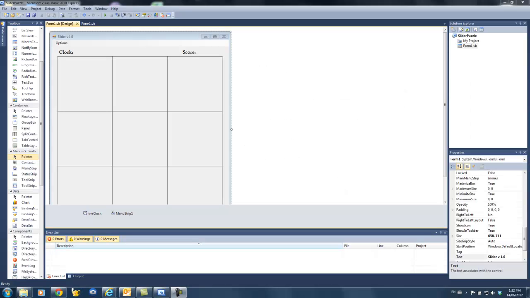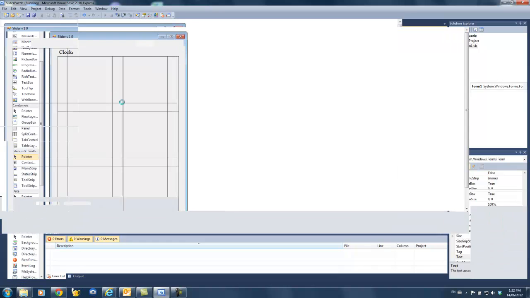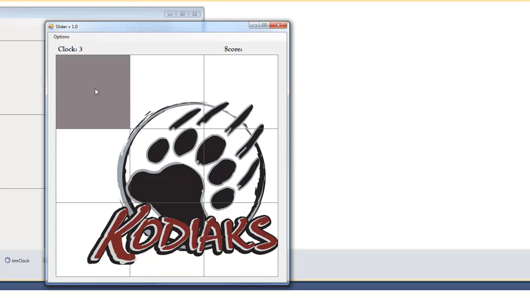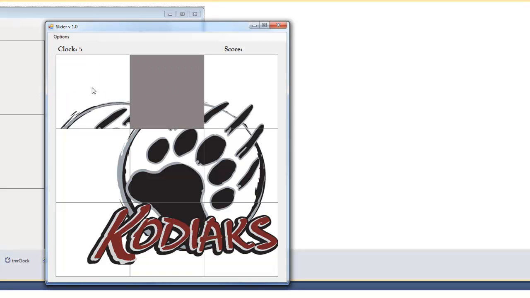Okay, welcome back, IT9. Today we're going to tidy up the last little bit of our image swapping routine, and it looks a bit like this. Remember, what we want is for our tiles to be able to swap back and forth when we click on them. So let's run the program here. This is our empty tile. When we click here, we want it to slide into the empty tile position,